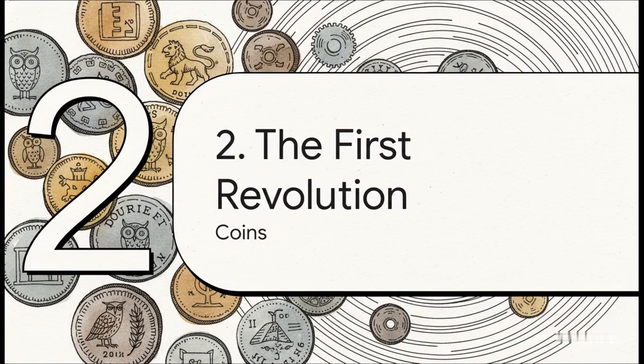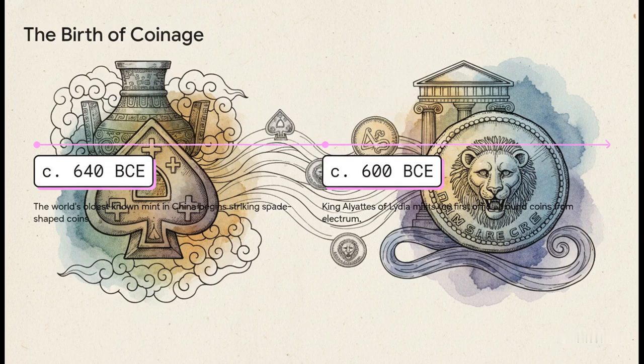And that solution? Well, it sparked the first great revolution in this whole story of money: the invention of coins. What's really fascinating is that this idea for coins seems to have popped up in different parts of the world at almost the exact same time. Over in China, around 640 BCE, you had a mint churning out these little spade-shaped metal coins. And then at practically the same time, all the way over in Lydia, that's modern-day Turkey, a king named Alyattes started minting the first round coins that we'd recognize today, made from something called electrum, which is a natural mix